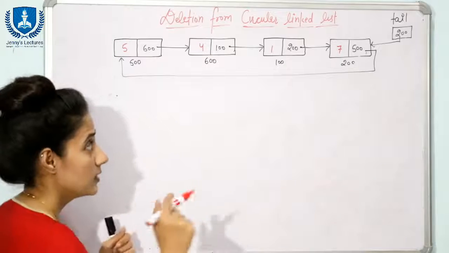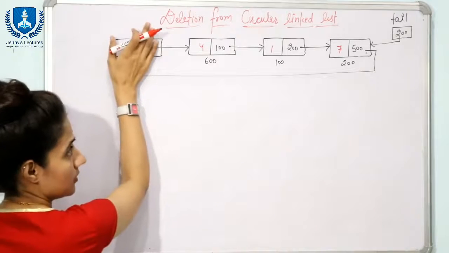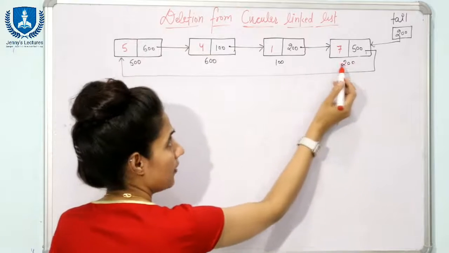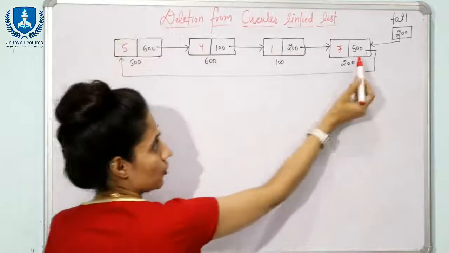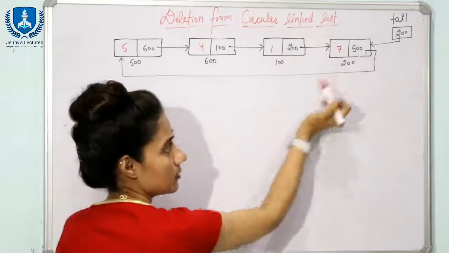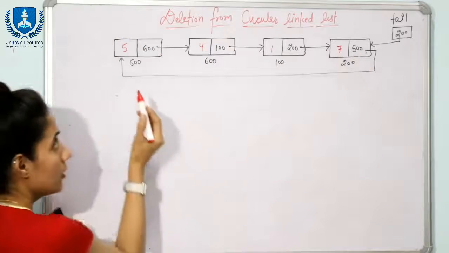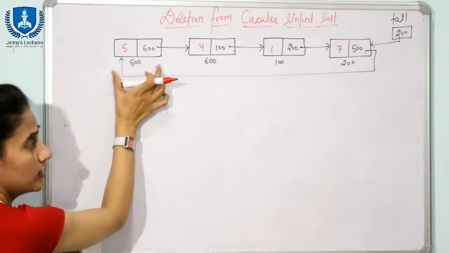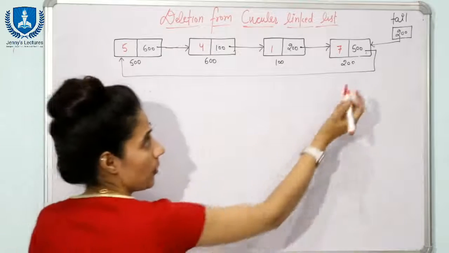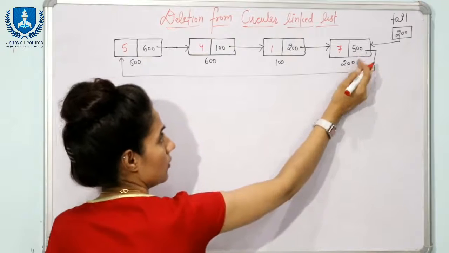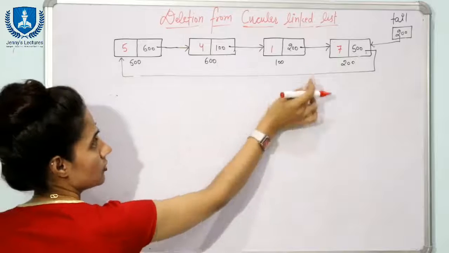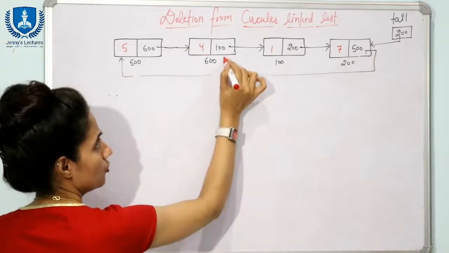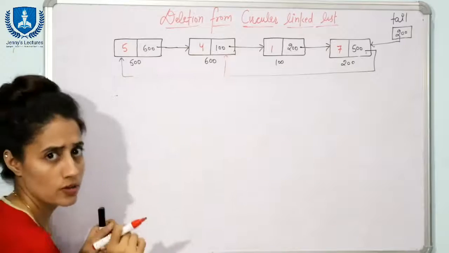What you need to update? See, now after deleting this, the last node would contain the address of this node, because now this would be the first node after deleting this, right? So here you will store what? 600, right? And we are going to free this memory now. See, suppose we have updated this value, here I have stored 600, it means this last is now pointing to this node only, right? This is not pointing to the first node.